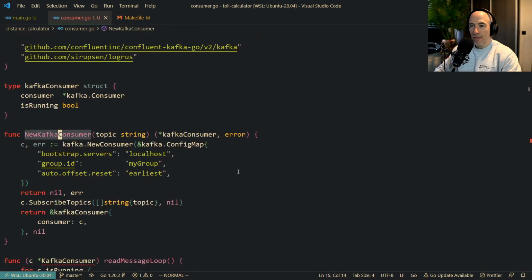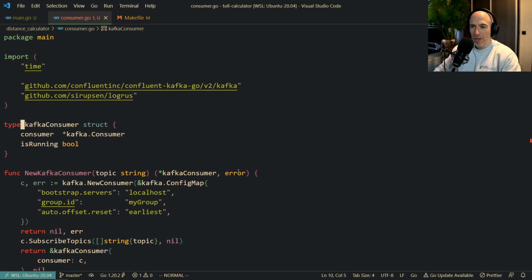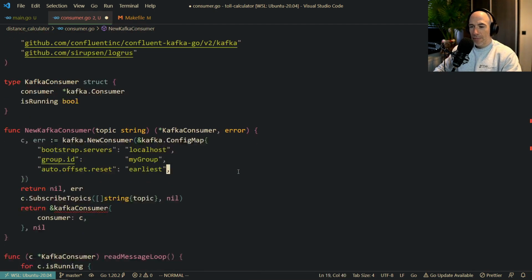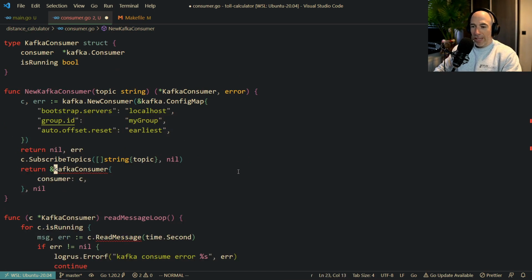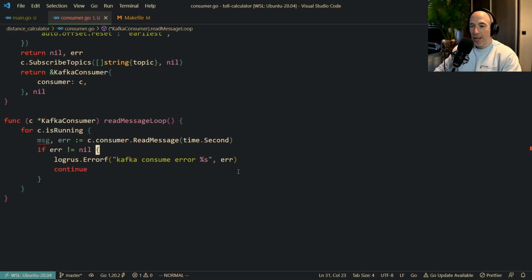Did not prefix this, but is this not capital? Not capitalized. Read message. Of course, we see that's going. Damn, that's annoying. C is running. C read message is going to be C consumer dot read message. This is the message here,